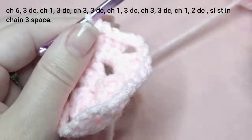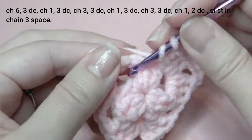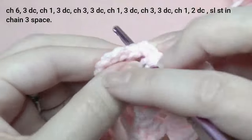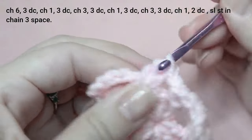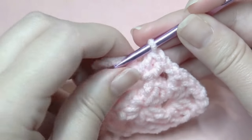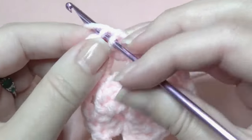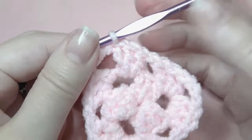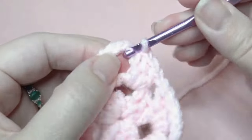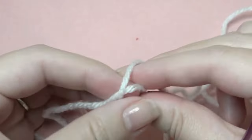Then chain 1, and then 2 double crochet, then slip stitch in the chain 3, 1, 2, 3, and then you can fasten off, slip stitch again if you like, fasten off. So I'm doing the wings now. You just need to chain 2,